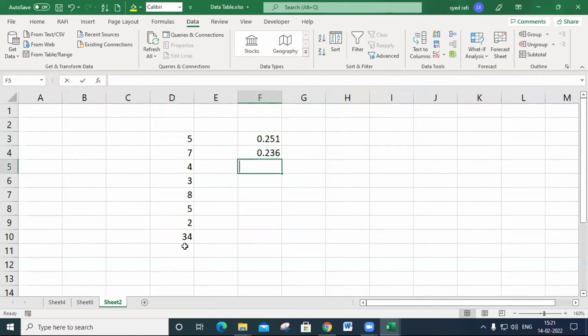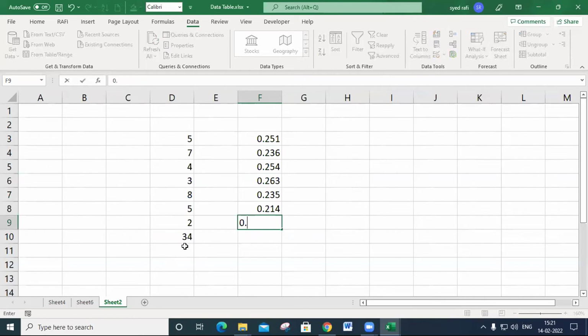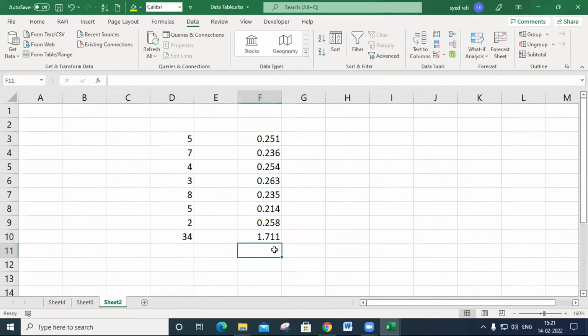In this manner, I entered some values like this, and I add all these values. It gives 1.7, but I need to display 2.5. The variation must be added to any one cell. So how do we do this?